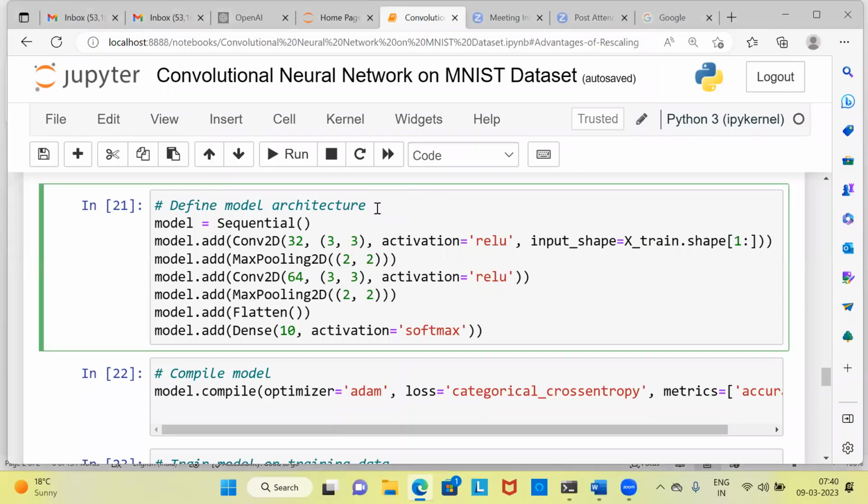What is happening at this stage is that we are defining the model architecture. This code defines a CNN model using the Keras API with a sequential architecture. The model is composed of 4 layers. There are 2 convolutional layers and 2 max pooling layers, 1 flattening layer and 1